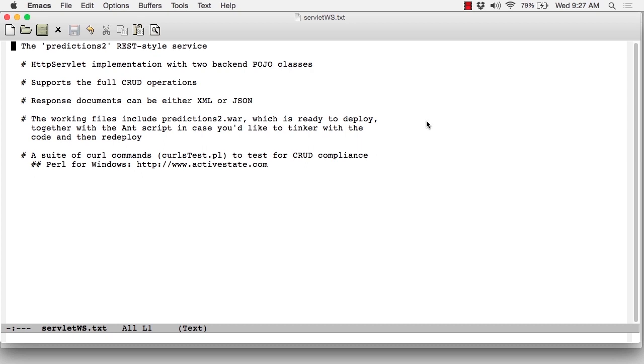You're looking in my Emacs editor at the working file servlet.ws.txt. This summarizes the new version of the prediction service. For reference, I'll call this Predictions 2. It's a REST-style service, as was the original version, but this one uses an HTTP servlet and two back-end POJO